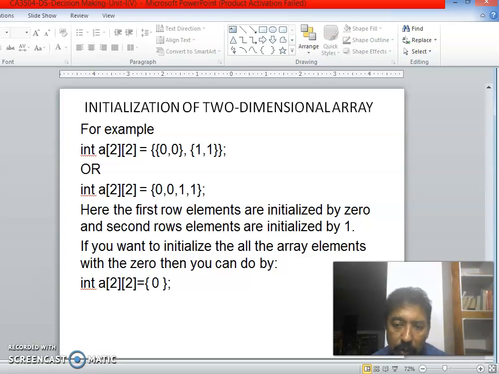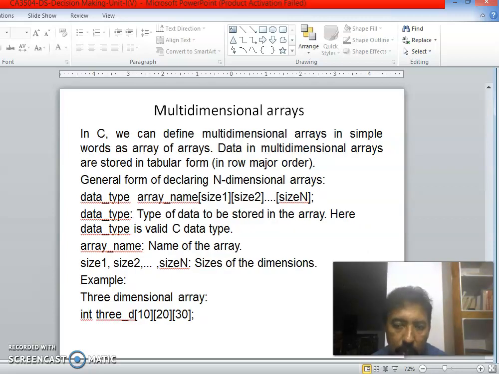Or simply if you put a[2][2] equal to 0, 0, 1, 1, that is also assigned the same. Then multi-dimensional array, in a similar manner, if n subscripts are used, that is an n-dimensional array.